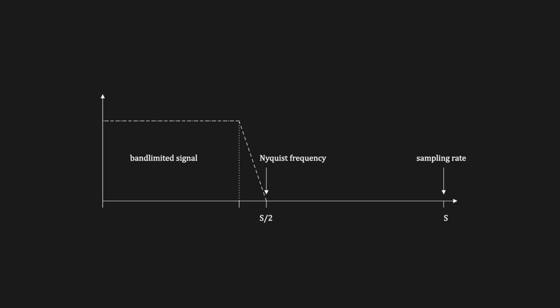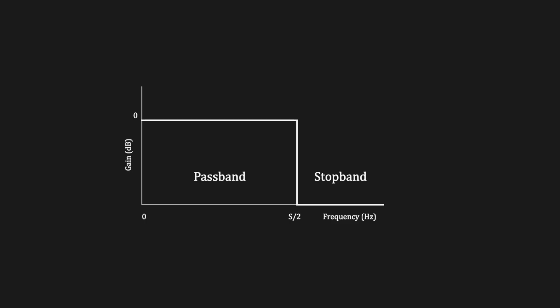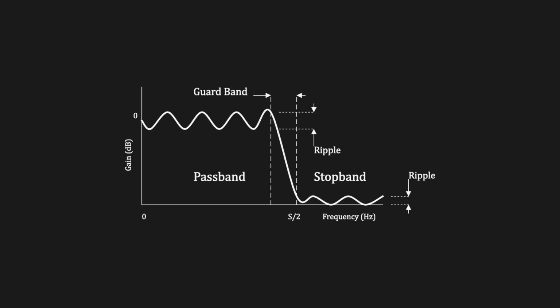An incoming audio signal can contain very high frequencies, some of which may be above the Nyquist frequency, half the sampling rate. To follow the Nyquist theorem and prevent unwanted noise, digital audio systems must remove these high frequencies before sampling. This is done using an input low-pass filter, also called an anti-aliasing filter, which blocks frequencies above the Nyquist limit while leaving the audible range unaffected. An ideal filter would perfectly pass all wanted frequencies and completely block unwanted ones, without changing the signal's phase. In practice, this is difficult to achieve, so engineers use digital filtering and oversampling in modern AD converters to approximate